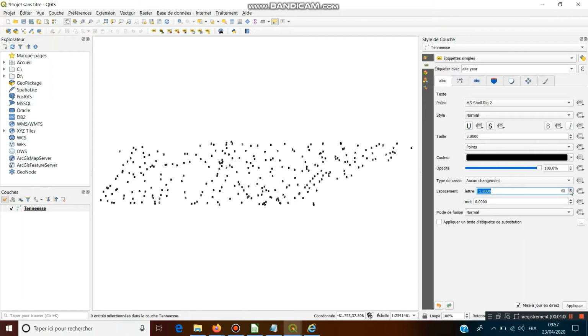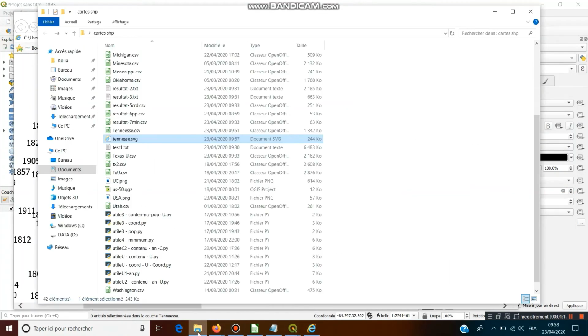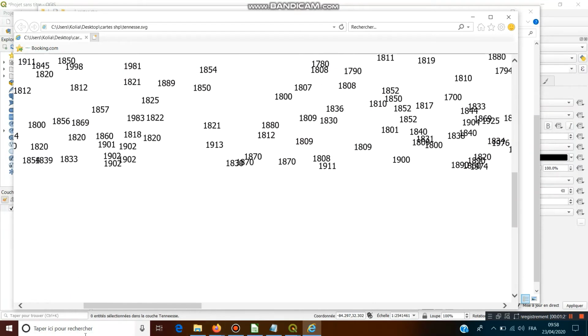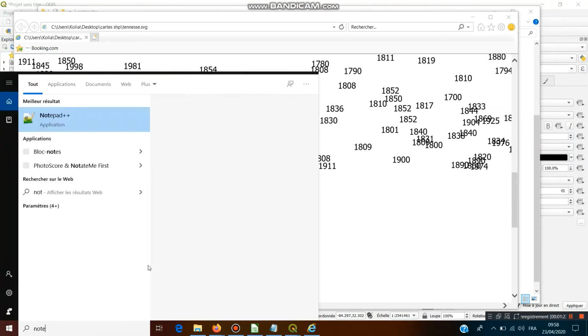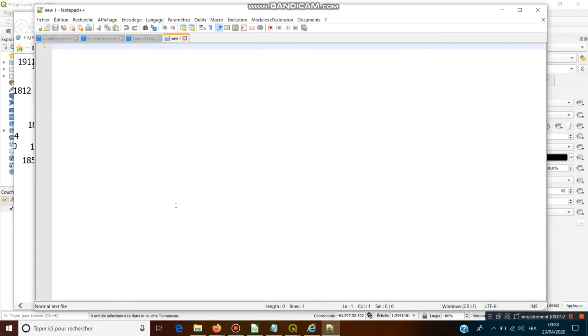So in Inkscape we can do this. We will have to edit this again. I will not show how to do that, but what is interesting is that now we can get back to Notepad.